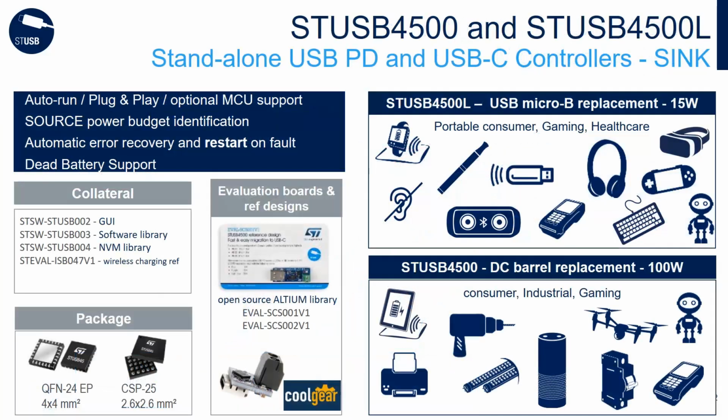The main controller is called ST USB 4500 and is dedicated to any USB power delivery application up to 20 volt at 5 amp. An important feature that the ST USB 4500 supports is an auto-run capability. Thanks to the integrated state machine, the ST USB 4500 does not require a companion microcontroller, and no software development is necessary. Rather, the ST USB 4500 examines its on-chip NVRAM to determine the target power profiles for the application,